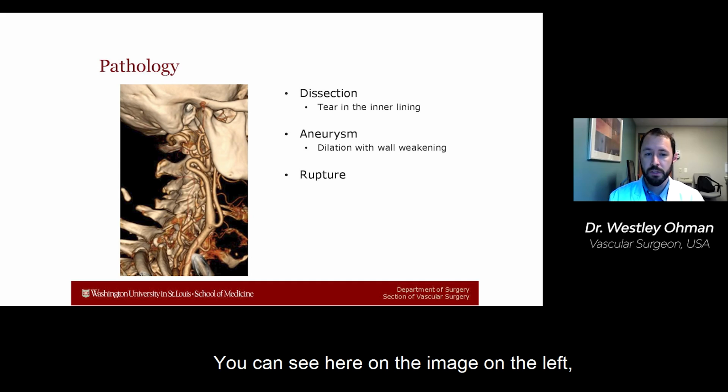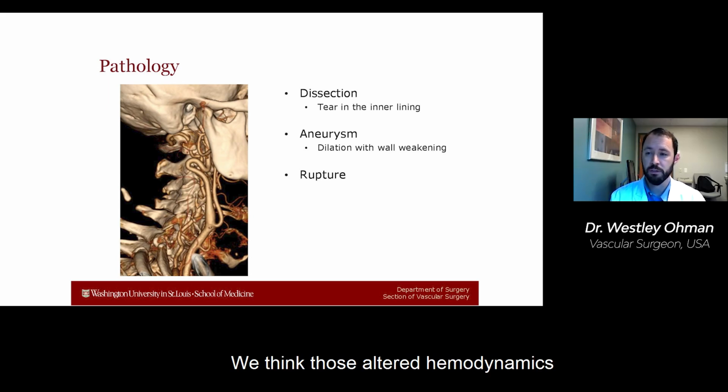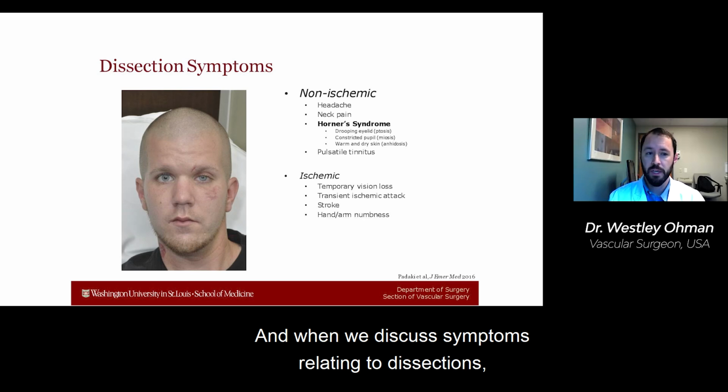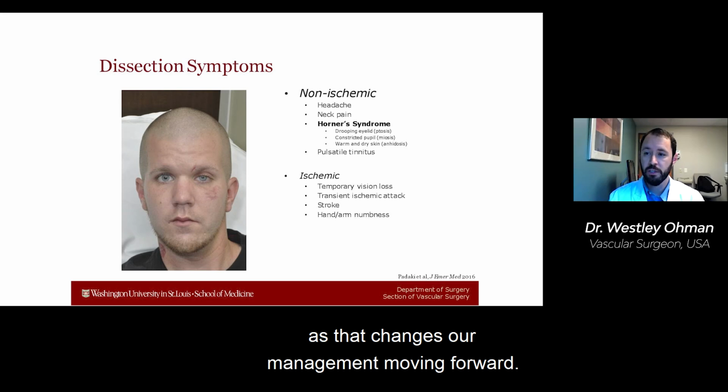And you can see here on the image on the left that there's extensive tortuosity of the blood vessels, particularly of the cerebrovascular system in patients with vascular Ehlers-Danlos. And we think those altered hemodynamics lead to the higher rates of dissection, in addition to the weakening associated with the collagen 3A mutation. And when we discuss symptoms relating to dissections, it's important to distinguish non-ischemic from ischemic symptoms, as that changes our management